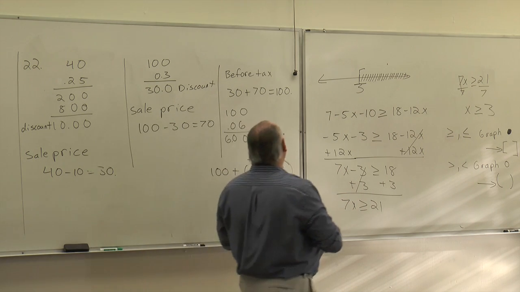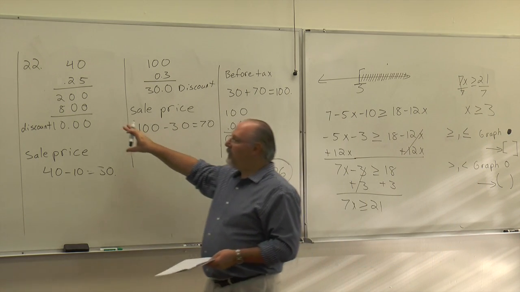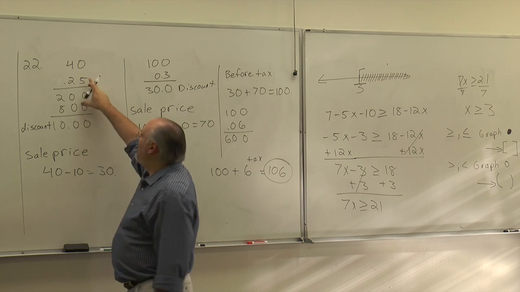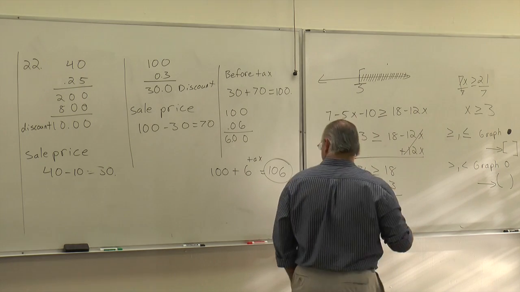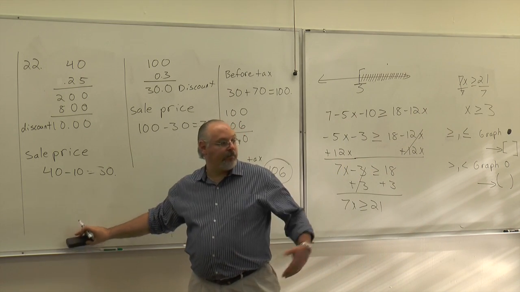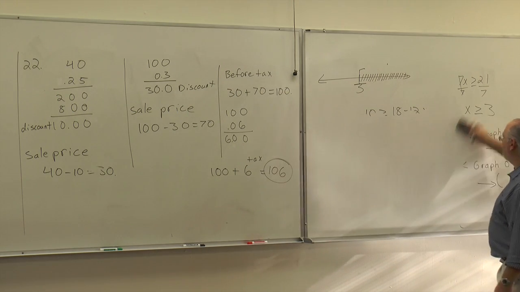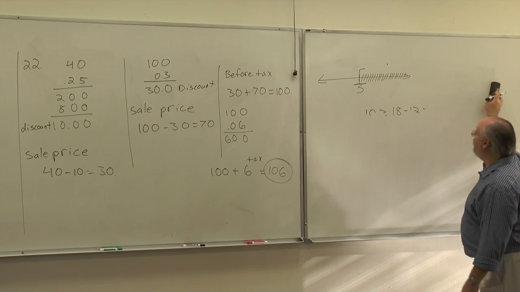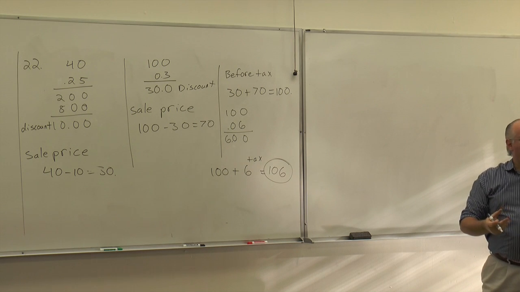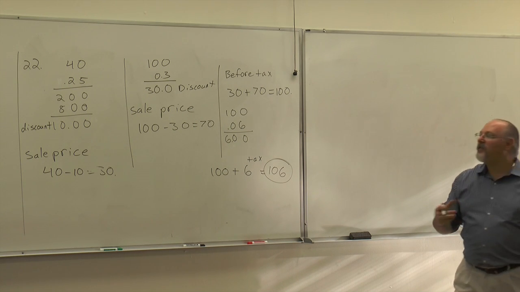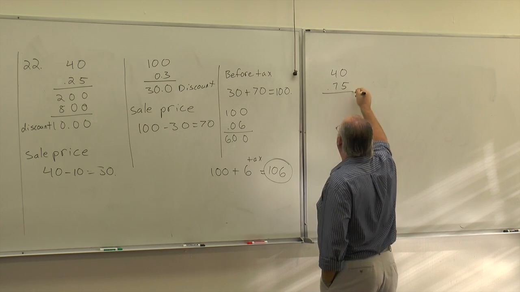Now there are other ways of doing some of the arithmetic here. For example, what I like to do for a problem like this and say, if something is 25% off, how much are you paying for it? If I take away 25%, how much is left? 75%, right? 100% is everything. So if I take away 25%, what's left is 75%. So if I do 40 times 75%, or 0.75,